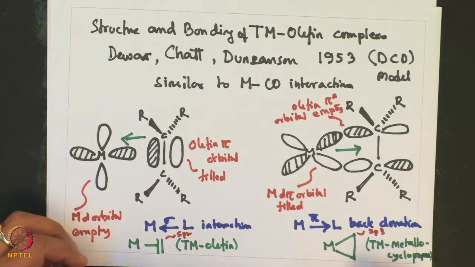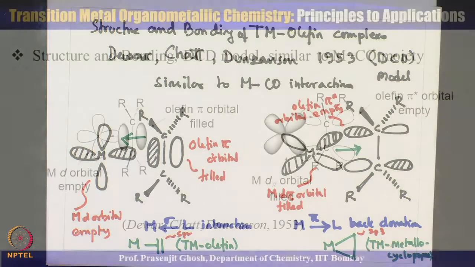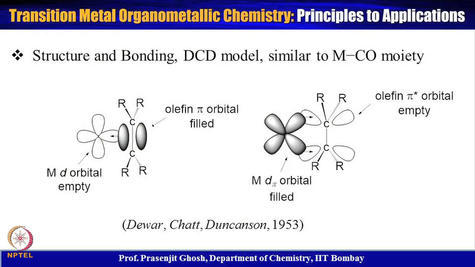Some information as to what extent this forward donation or back donation occurs in a transition metal olefin complex can be obtained not only by NMR, but also by other characterization techniques, and we are going to dwell more on it as we discuss the reactivity pattern of transition metal olefin complexes based on this interplay of these two kinds of interactions. So, I will discuss this in a bit more detail when we talk about the reactivity of these transition metal olefinic